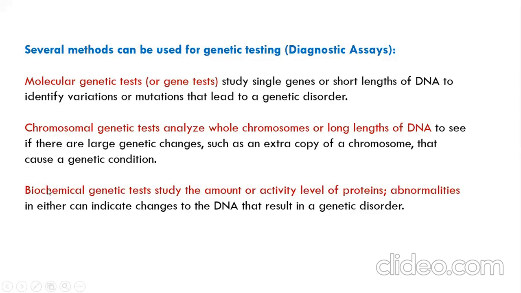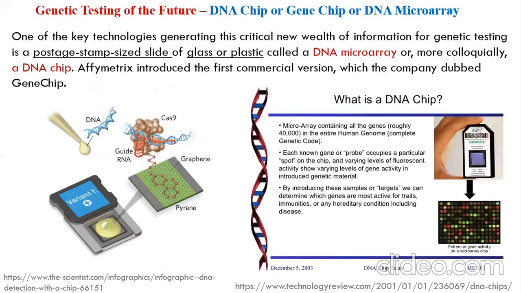Or you may go specifically into the product of the SNP genes, the SNP gene proteins, and you go into abnormality at the protein level. You go with the genetics in SNPs, you identify the gene location, then you go for an assay of a protein that is relevant to Alzheimer's disease. How do you find the test biochemically? What is the altered form of the protein? So: molecular genetic test, go into a specific gene; chromosomal genetic test; and biochemical genetic test.